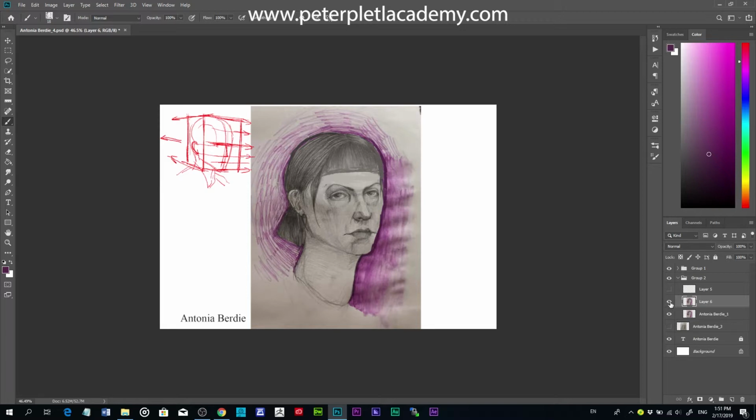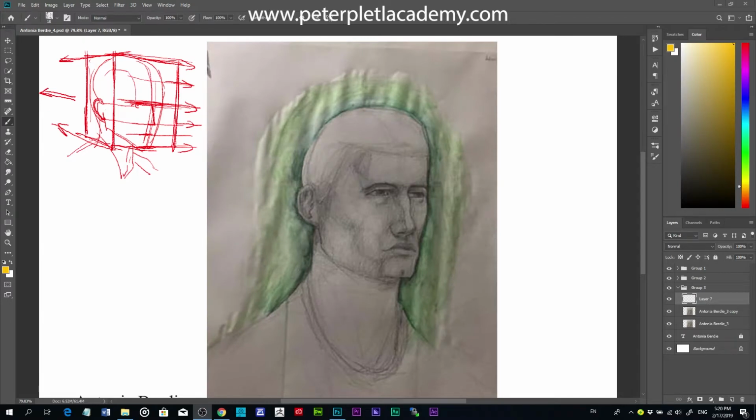Okay, you see the difference? Okay, this was the second portrait. So let's go and watch the last drawing. First thing, I will try to draw the head shape, and